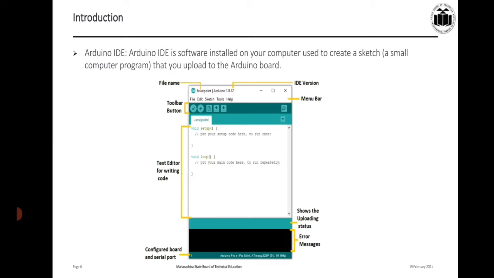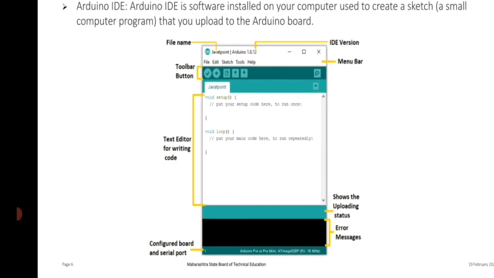Arduino IDE is software installed on your computer used to create a sketch. A sketch is a small computer program that you upload to the Arduino board. This is the view of Arduino IDE.